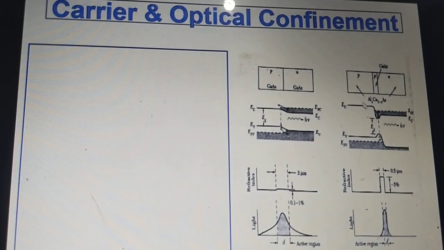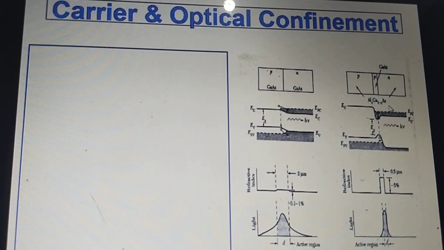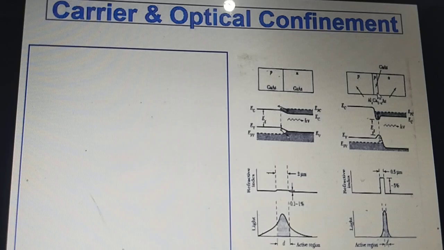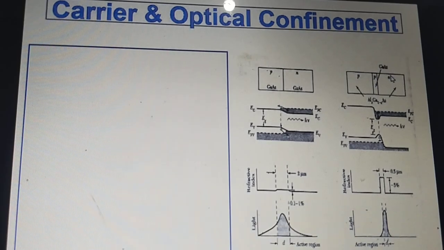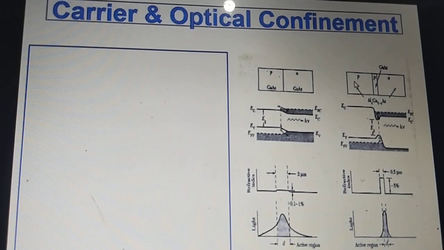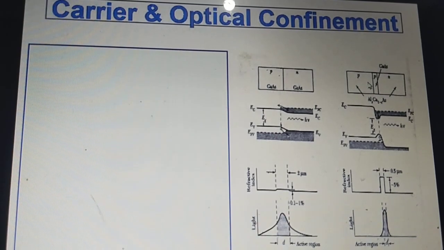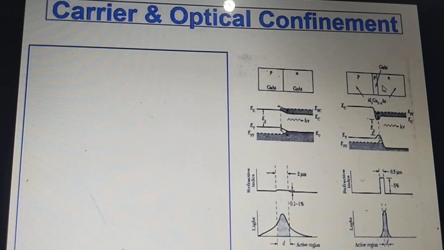Here aluminium gallium arsenide, also known as AlGaAs, then GaAs, then AlGaAs. So there are two junctions of gallium arsenide with aluminium gallium arsenide. This is one heterojunction, the other is also a heterojunction. So this is known as a DH laser, double